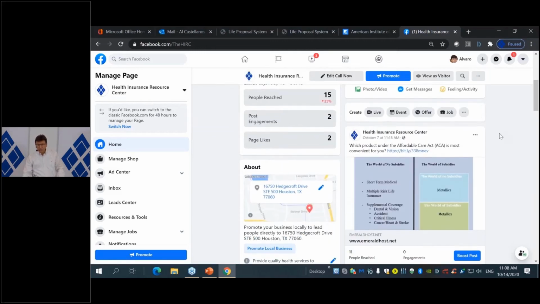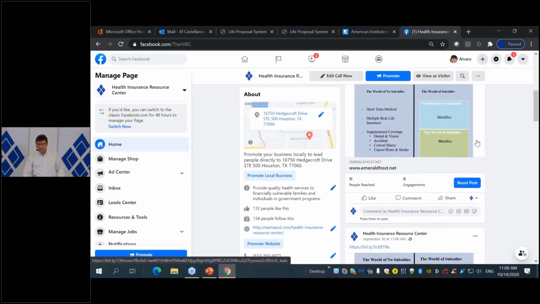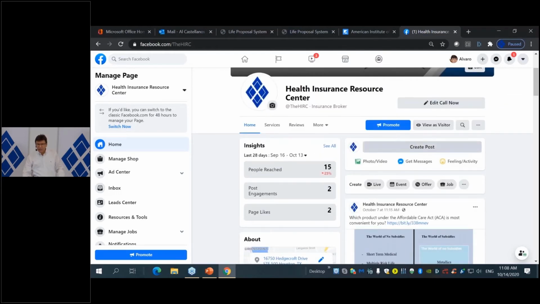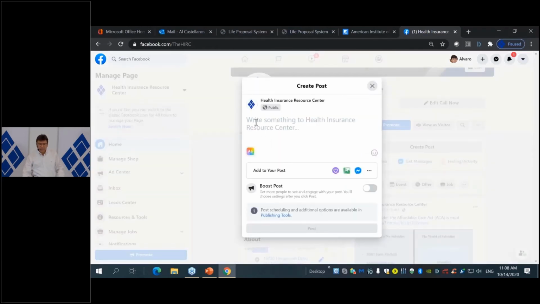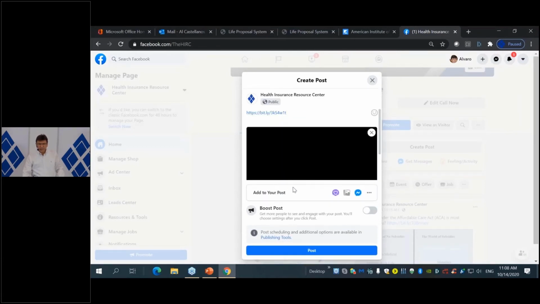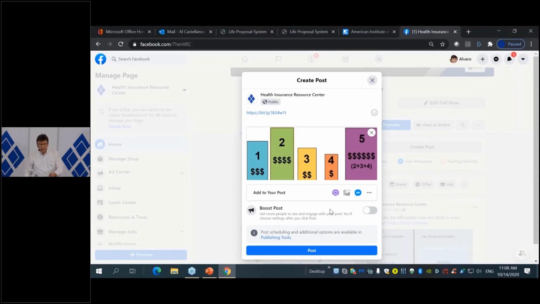And here we have been posting the different topics that we have been using for this mashup. So I'm gonna go ahead now and create a post here, and I'm just gonna paste it. Okay, so I'm gonna paste. And again, if it's properly done, as soon as we paste the bit.ly shortener, the Facebook editor recognizes the instruction and brings the image into Facebook. Now, we haven't posted it yet. We are talking with the editor right now.